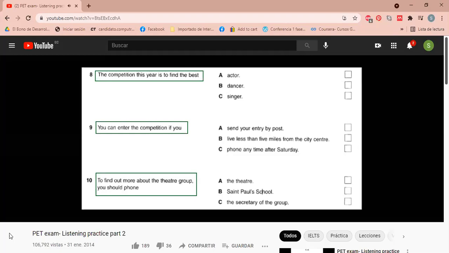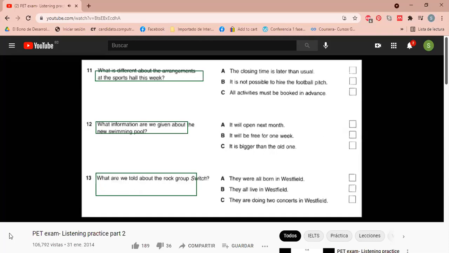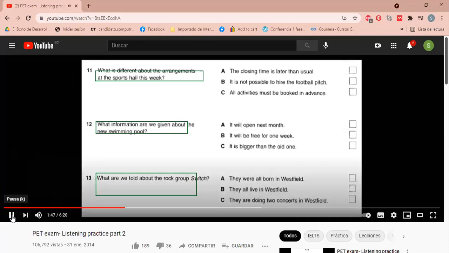And speaking of talent, there's a new theatre group starting every Saturday, specially for teenagers. And how do people get more information? If you're interested, you need to contact the theatre group's secretary, and I will give you her phone number later. They're going to meet in St. Paul's School. Right. Well, it's school holidays this week, so what's on offer? Okay. To let as many...